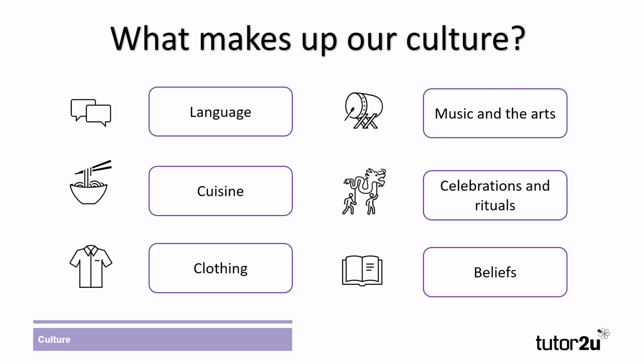Clothing and forms of dress can be another identifier of culture, as can the music and other forms of art that different cultures embrace. Different celebrations and rituals can also form part of an individual's culture, and while the UK may be seen as a secular society, that is non-religious, many different cultures will identify with a specific form of beliefs. Each of these factors represents the ways in which people live and how they behave in wider society, whether this is part of the mainstream culture of society or a reflection of a smaller group within it.